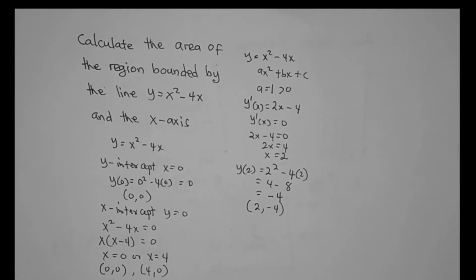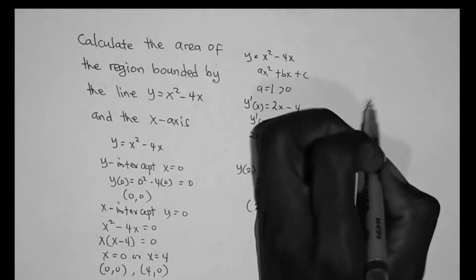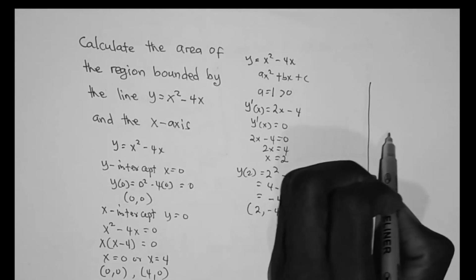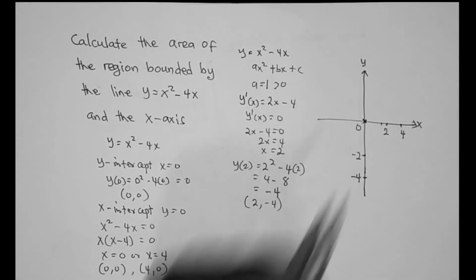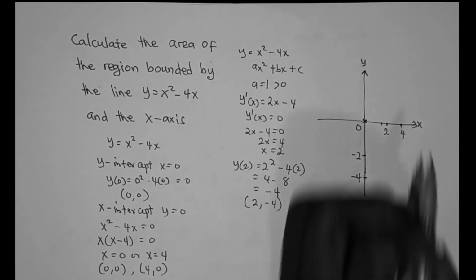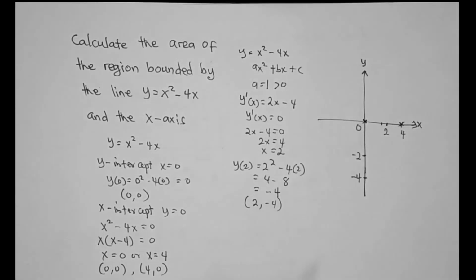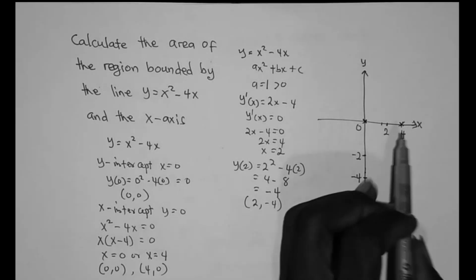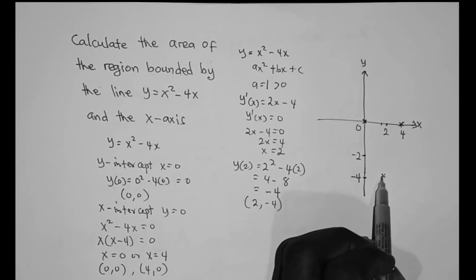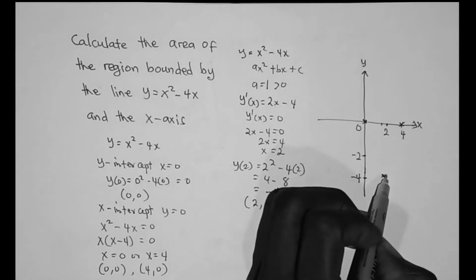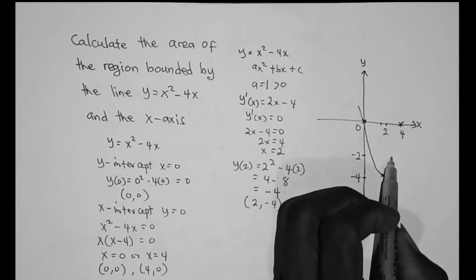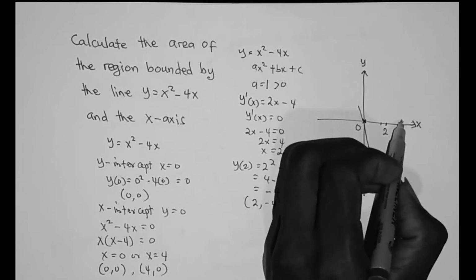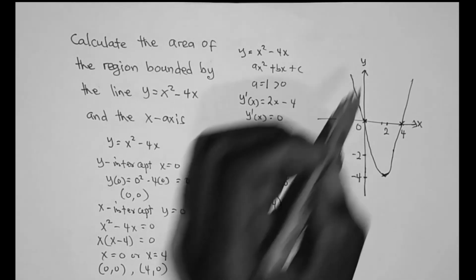So let's go ahead and sketch this graph. We have the point (0, 0) for the x-intercept and also (4, 0). And then the minimum point was (2, minus 4). So this is 2 and then minus 4. So you can see that this graph looks like this. This is the nature of the graph